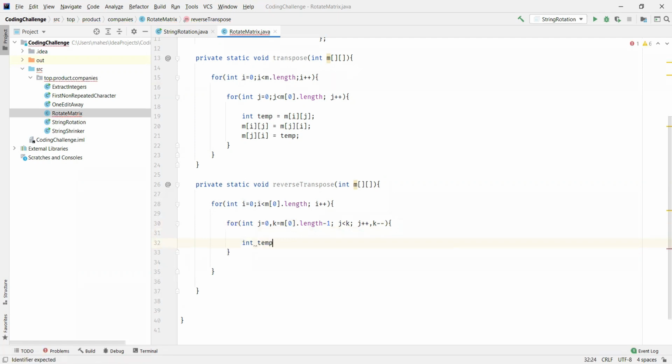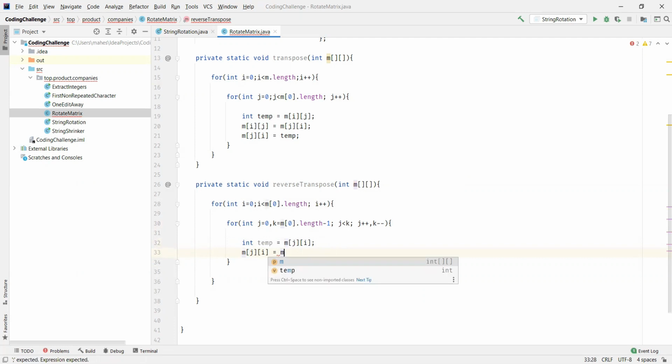Now we want to swap the elements, m of j, and the column is fixed. So let's first fix the column. You can see I'm storing m of ji into temp, and then ji will have the value m of ki. The column i is always fixed, and j represents a row here, so I am just replacing j with k.